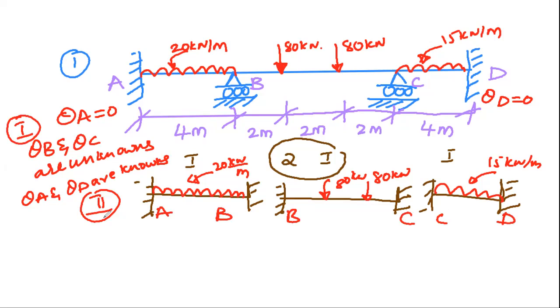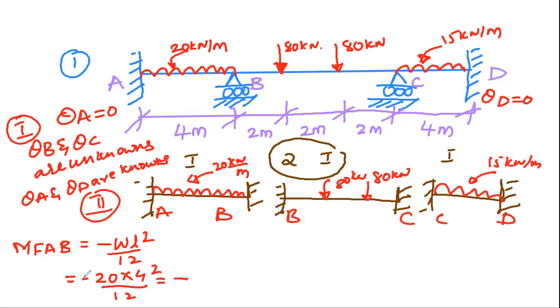Now I will be writing the formulas. First one is MFAB. So MFAB, when we are having a UDL throughout the span, the formula is minus WL square by 12. So just substitute. W is 20, L is 4 meters, so 4 square is 16, 4 square by 12. So this we will be getting as